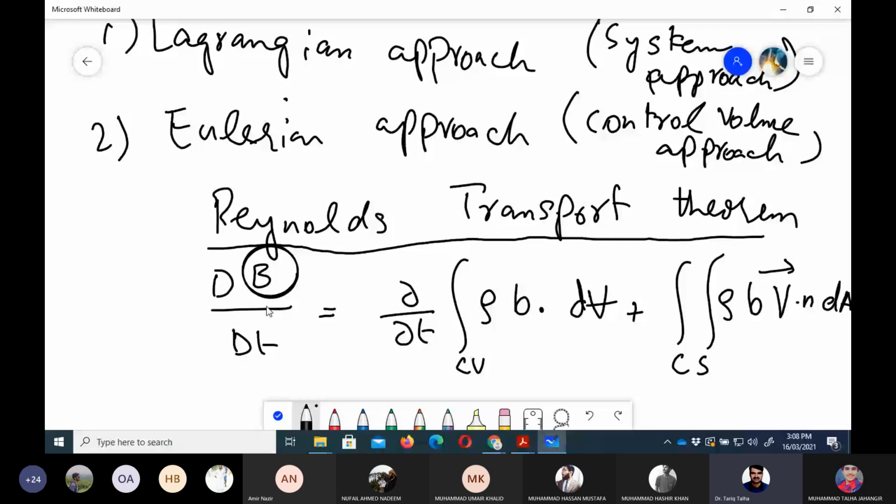So we talk about the time rate of change of that property within that control volume, and whatever inflow and outflow of that property from that control volume. So we are going to use this for our analysis in FM2, fluid mechanics 2. So now let us start discussing the